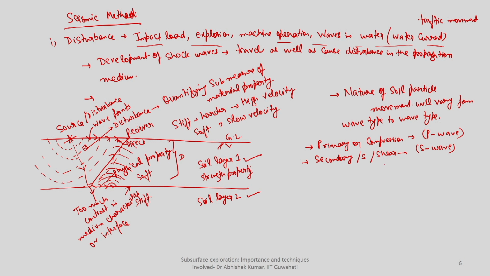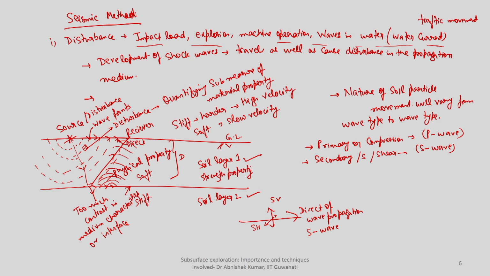So whenever the wave is passing, like this is the direction of wave propagation, once it is a shear wave, it will cause shear in a mutually perpendicular direction. So particle motion will be either perpendicular to the wave or the other one will be perpendicular to this board. Depending upon in which plane the shear stresses are getting developed, or in which plane the particle is undergoing some kind of shearing, it is called SV or SH wave.